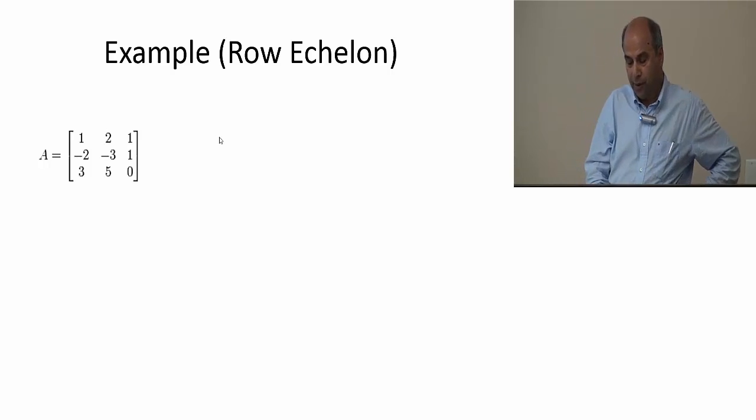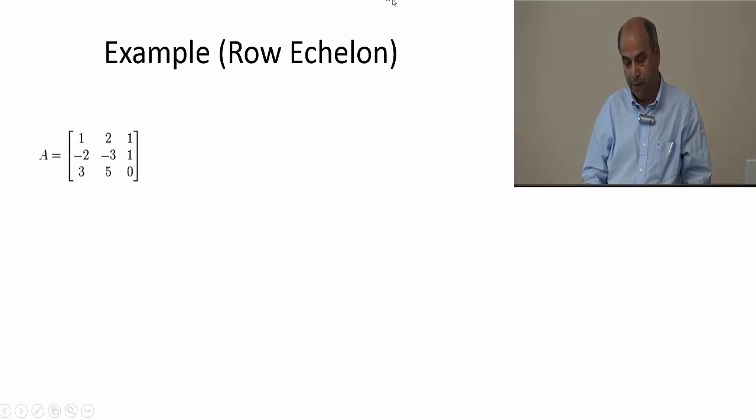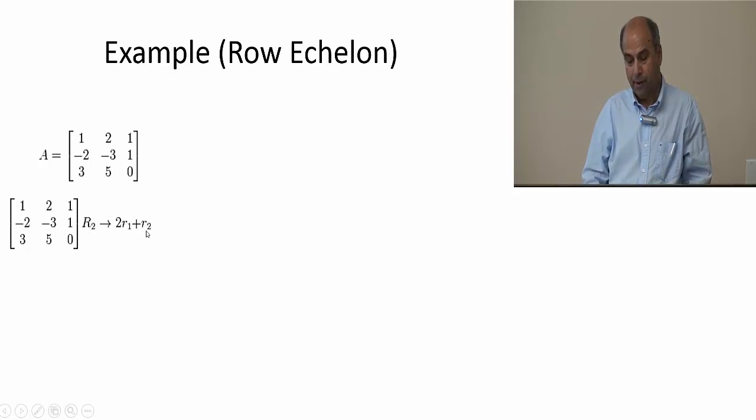So one way to convert this into an upper triangular matrix, which means on the diagonal and below the diagonal we want to make all 0, and above the diagonal will be non-zero. So we want to make this element 0. What we're going to do is multiply this by 2 and add until it becomes 0. That operation is called here: we multiply 2 with the first row and add it to the second row,